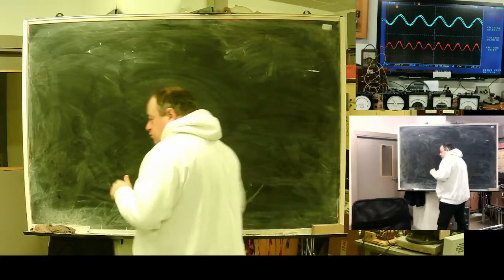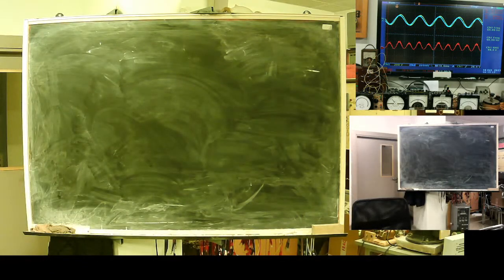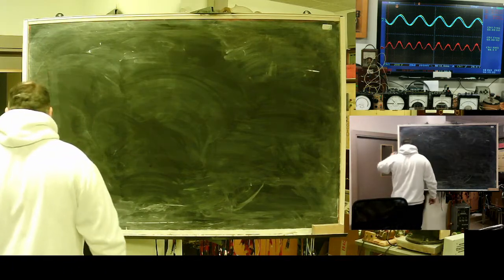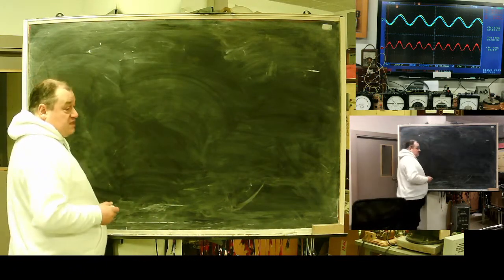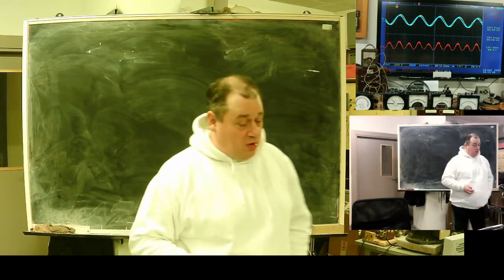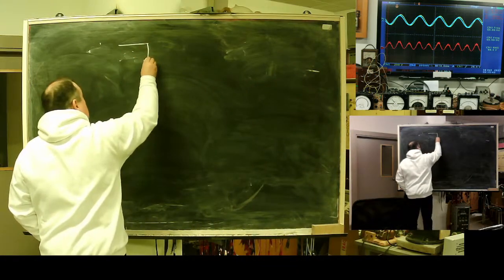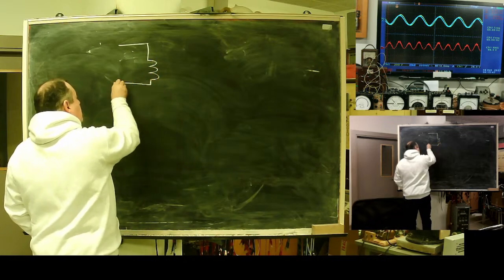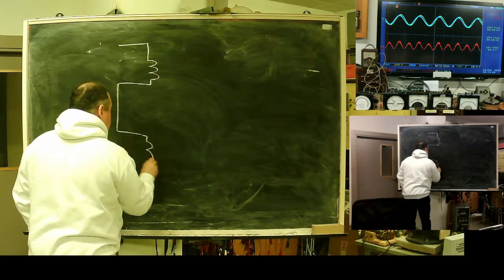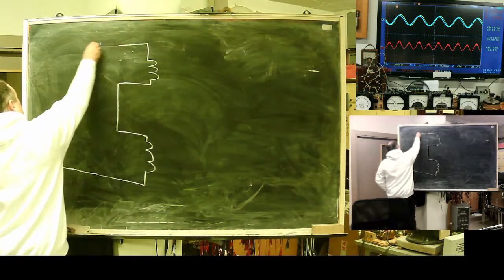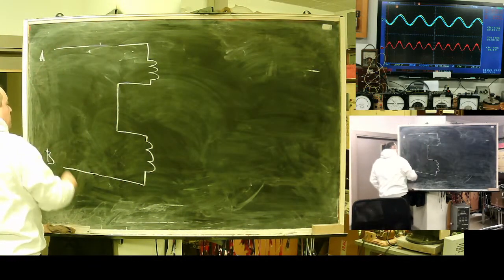To illustrate it, I will use one quite old device. It's called a rotating field model. It was made by the Tinsel company. It's approximately 100 years old, but it still works. This device has a movable coil and two static coils. Idea: static coil number 1, A, B, and